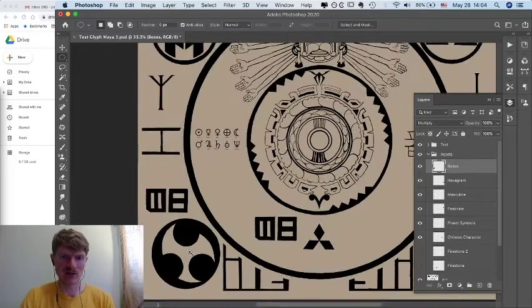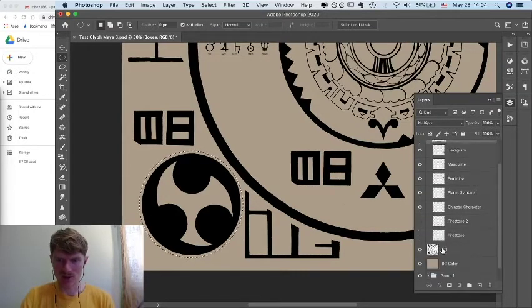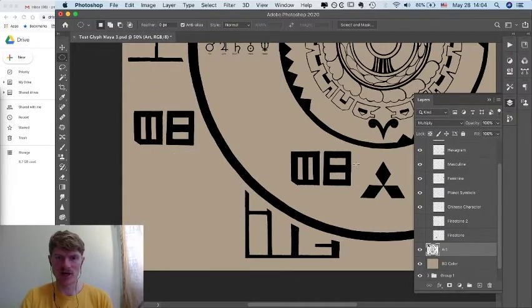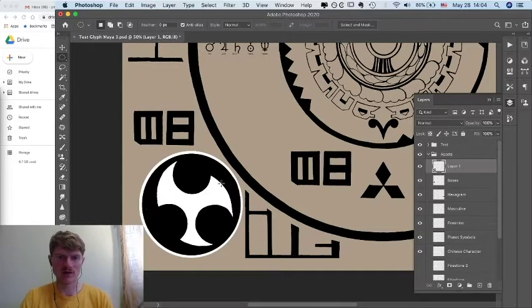Let's zoom in to make sure we're getting this symbol inside of it. Yep, so we've got all of that. Let's go down to art, and again we're going to cut out this shape, this symbol. And in assets, I'm going to hit Command Shift V to paste it in place, where it was before. And I'm going to name this, I don't know,